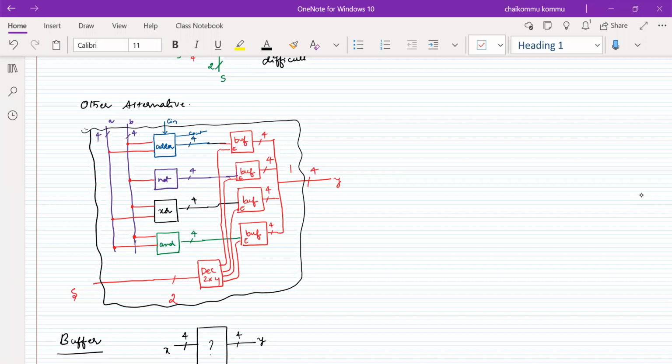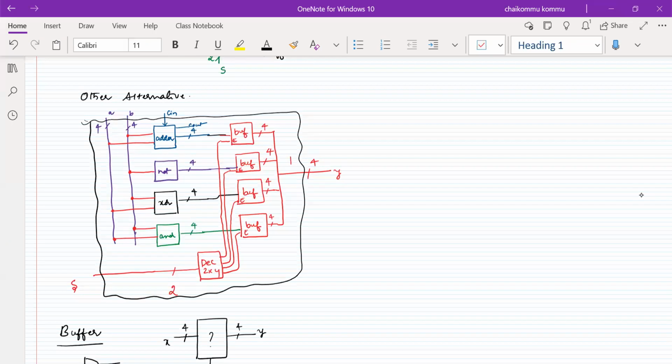Okay, that's the problem. So therefore, we have to write the test benches for each and every module, and we have to verify that one. Since it is a theoretical class, I'm not going to write the test benches for this one, but I'm assuming that we are writing the test benches for each and every module. And then finally we have to write the main module.